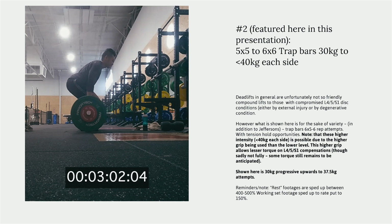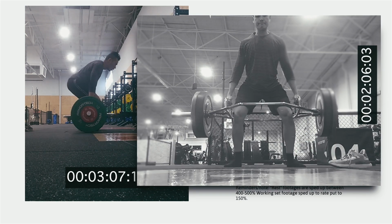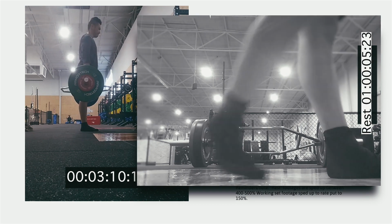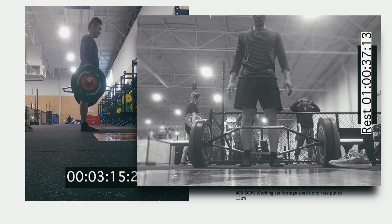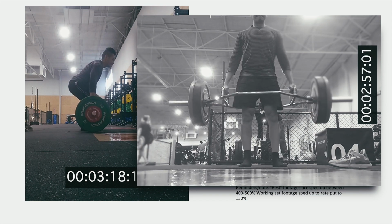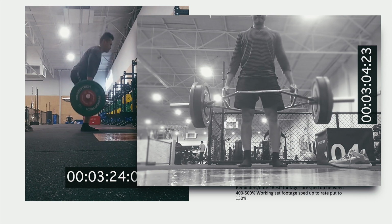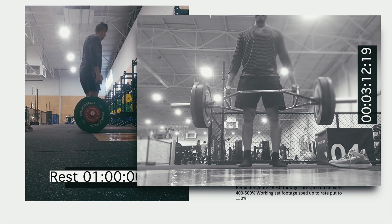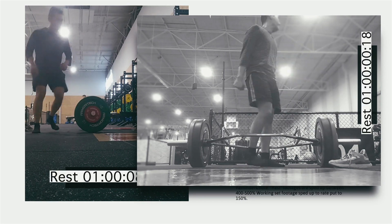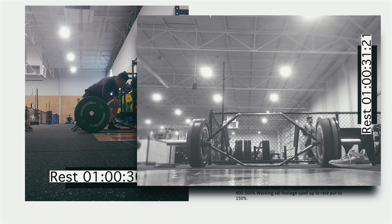So for those viewers who actually demand a more upfront presentation to showcase the full evidence of the weights, the intensity and the posture being performed, here is a frontal view of the recording on another day. And this particular session is actually using the same 6x5 to 6x6 with time under tension holding opportunities from upwards, then all the way down on each last repetition,